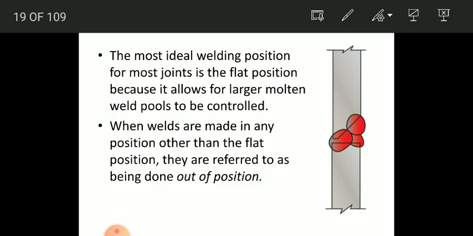Now the welding position, what is this criteria? So you can see here how this welding is performed. The most ideal welding position for the joint is the flat position, because it allows a larger molten metal to be in the weld pool in a very controlled manner. When welds are made in any position other than the flat position, they are referred to as being done out of position. As you can see, this is the out of position,